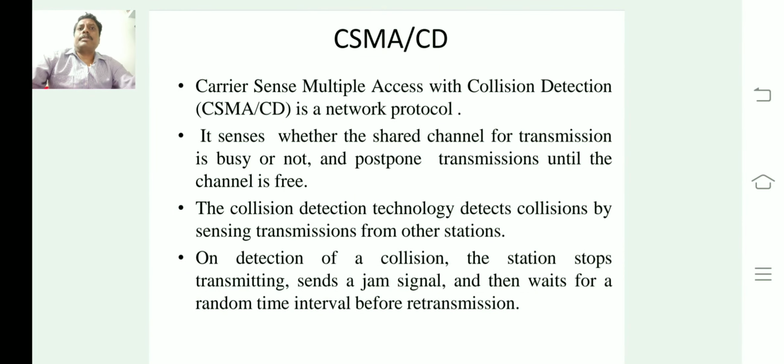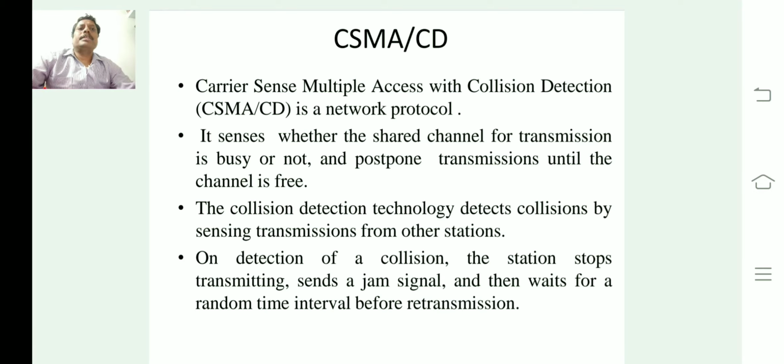CSMA/CD is a network protocol, carrier sense multiple access with collision detection. It is a network protocol used to detect collisions over a common communication path. It senses whether the shared channel for transmission is busy or not and postpones the transmission until the channel is free.